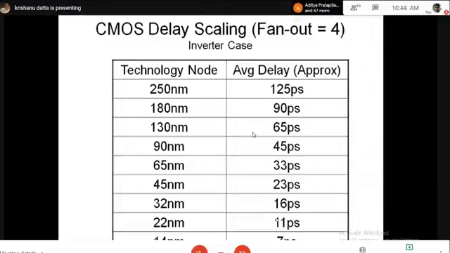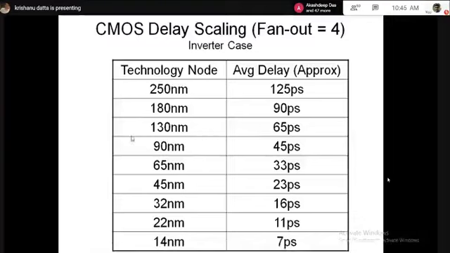Very good. The only difference is the unit. You need to be very careful with the unit. When we put the unit for technology node in nanometer, and delay in picosecond, then this simple thumb rule works. Like 250 nanometer L-gate, average delay will be 125 picosecond. So that gives a very good idea about, for every advanced technology, what should be the average delay through each digital gate. So this is an example with inverter for benchmarking.